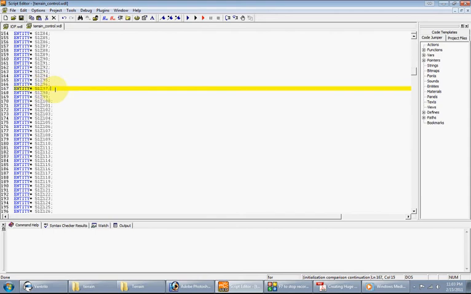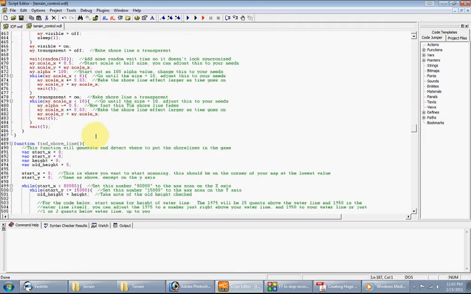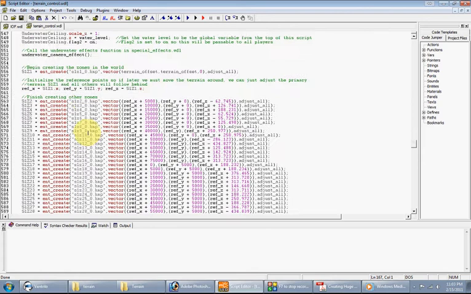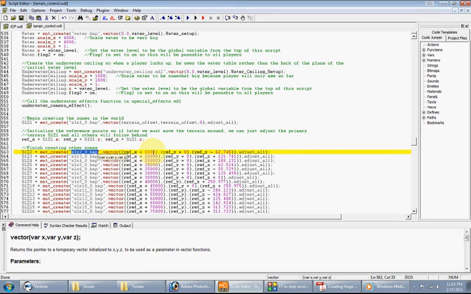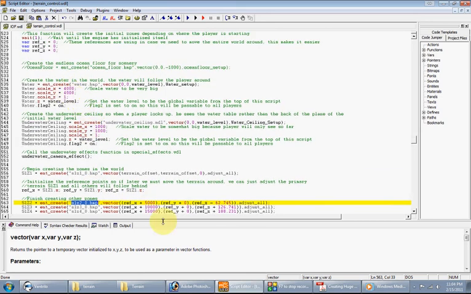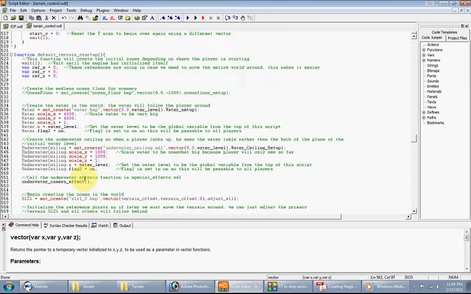Notice every zone or every piece of terrain, which is a .hmp file, is given a pointer. It initializes a pointer in the very beginning. Once this pointer is created, the next time it's called is down here, when I say, alright, entity create, give it a pointer, give it a file name. I set the position, but with my formula, it automatically adjusts it to be relevant with the previous piece of terrain. So once I create it here, it calls the function adjust all. So going up to adjust all,